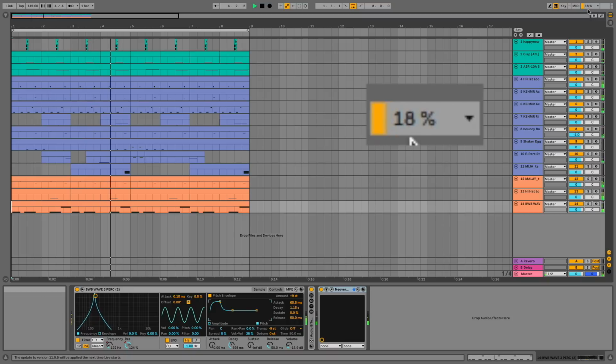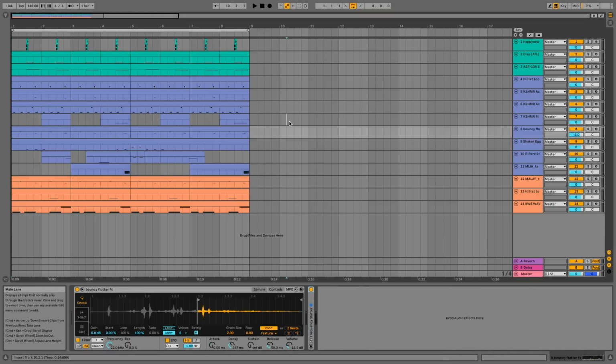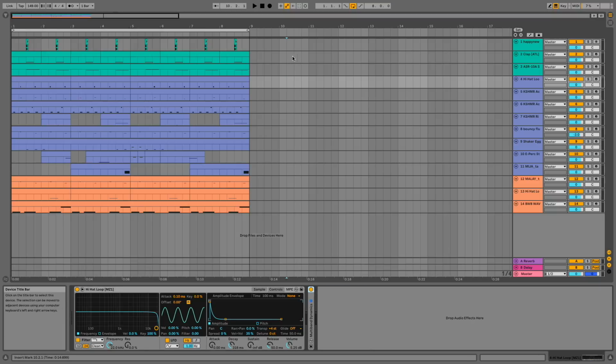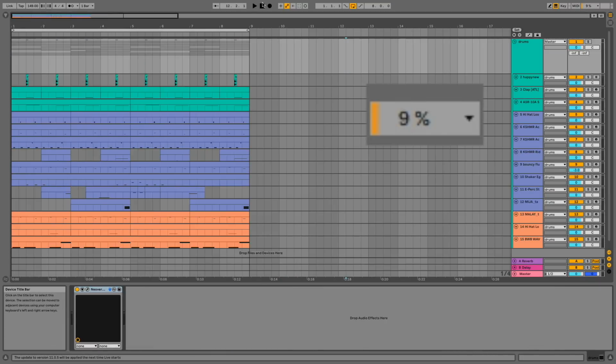To me, it only sounds like I added one reverb, yet my CPU is at 25%. That's a quarter of my entire computer power just because I added too many reverbs. The best solution here is to delete any unnecessary reverb, group all your audio tracks, and just add one on top. It'll sound the exact same, and your computer will be doing way less work. My CPU is down to just 15%. I've saved 10% of my computer power just by being smart with how much reverb I'm using.